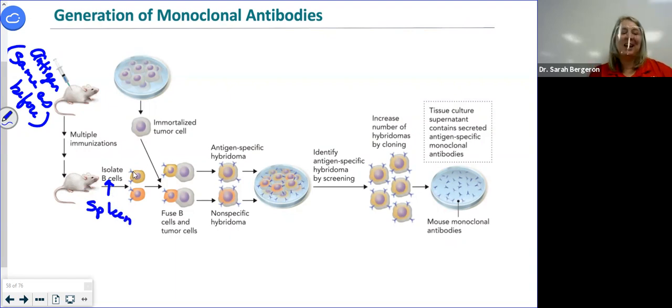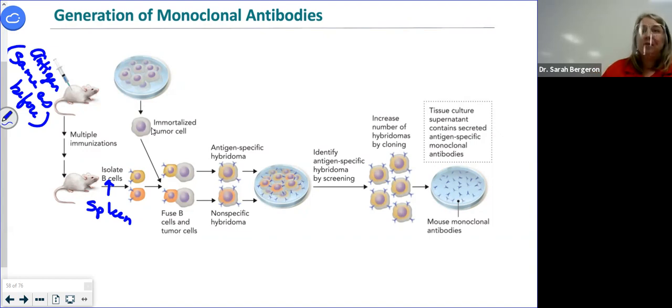Okay. Now, we are going to fuse these B cells. In the figure, they colored them differently to show that they're making different antibodies. We are going to fuse individual isolated B cells with immortalized tumor cells. B cells, if we put them in culture, will die. They'll only last for a limited amount of time. But tell me about a tumor cell. They will keep going and keep going and keep going. Like